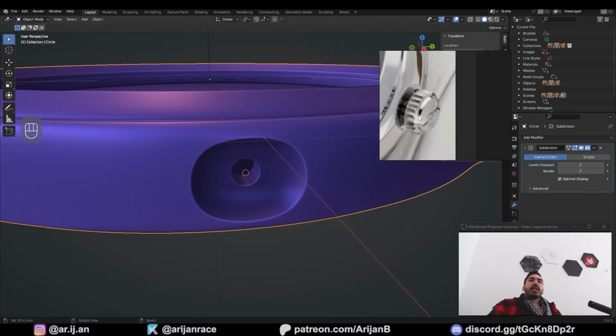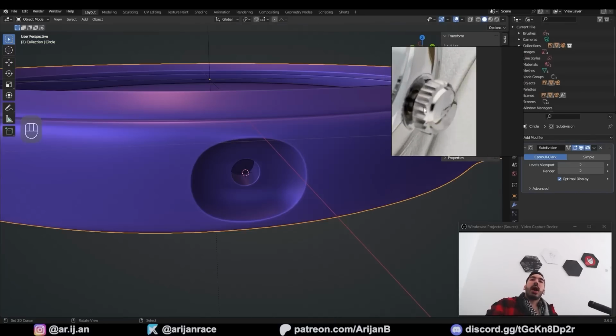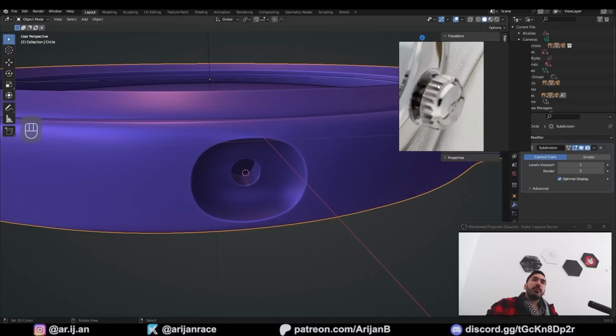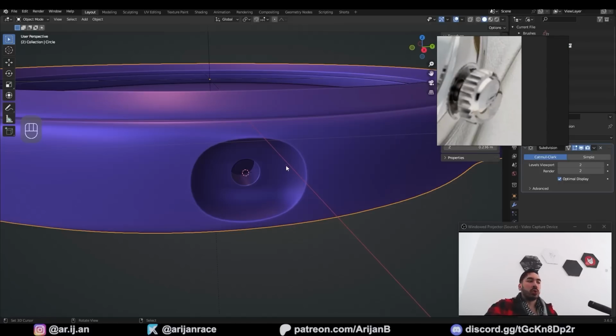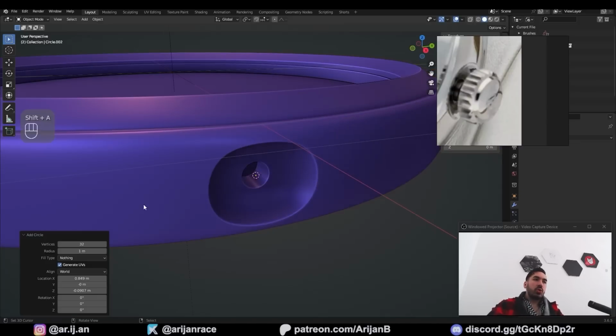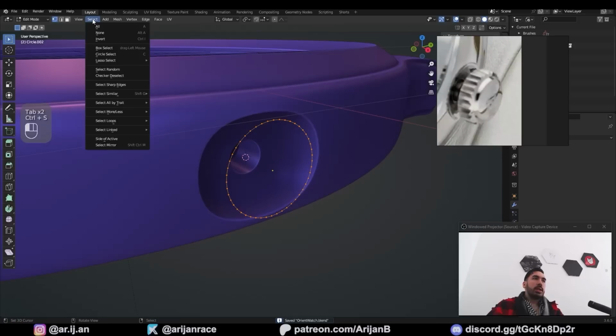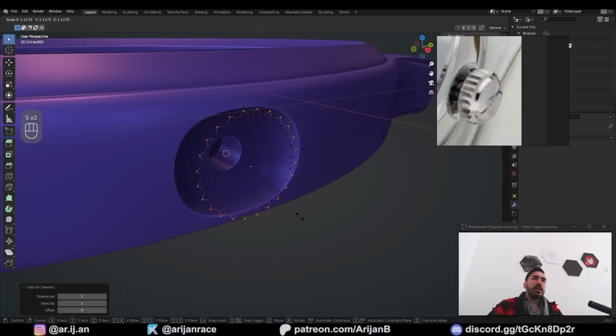So the crown is gonna be quite a simple shape, but we have to count how many of these little lines we have here. If I count these, it looks like there's approximately 12 of these on one half of the circle, which means there's gonna be 24 bumps in total, which means we gotta have at least 48 edges to start with. So Shift A, circle, 48, scale down, select, check or deselect, scale these up, and now we